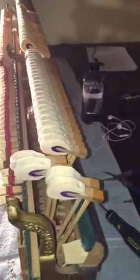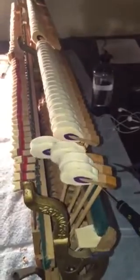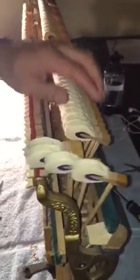I've actually done most of the work already, but as you can see, these hammers don't want to return. Pretty sluggish, and you're not going to be able to play with them acting like this. So I've done the rest of these here, and we're going to go over today what we can do to